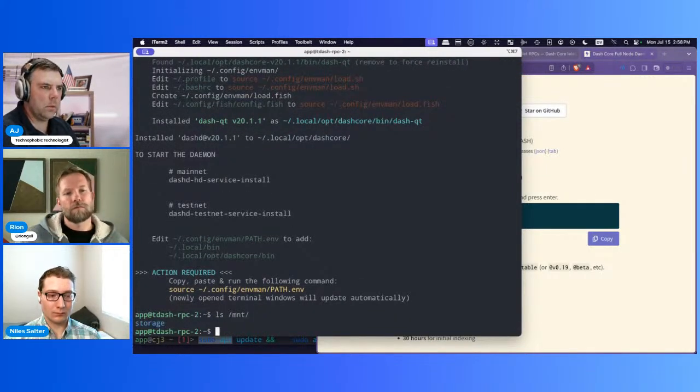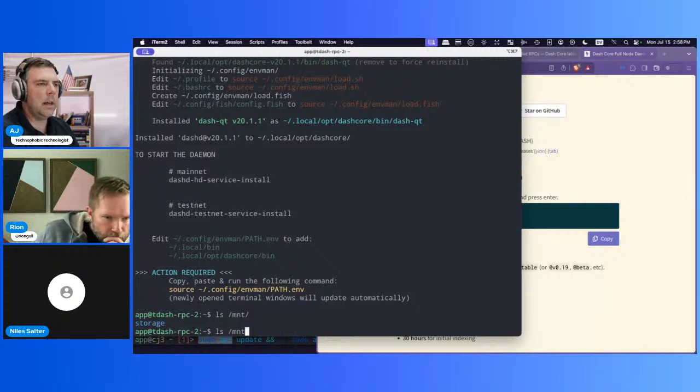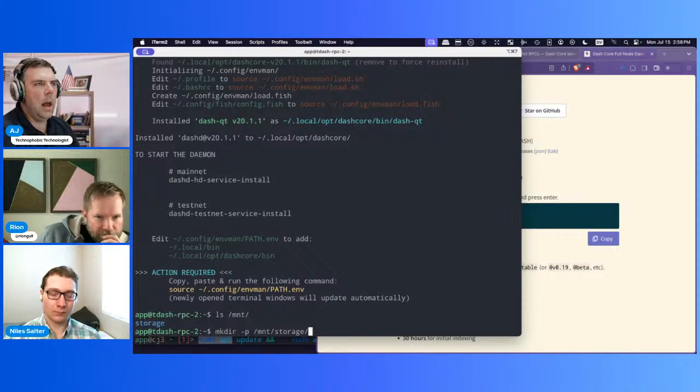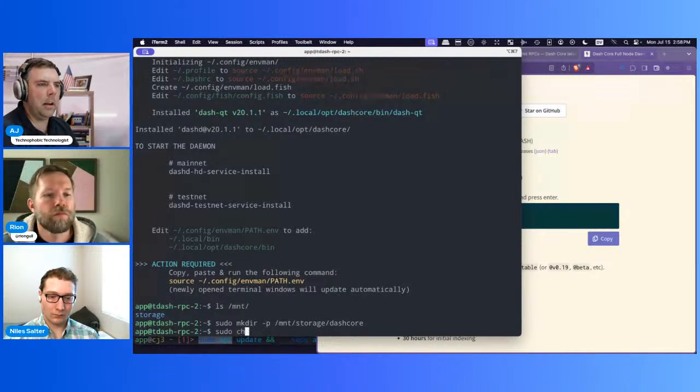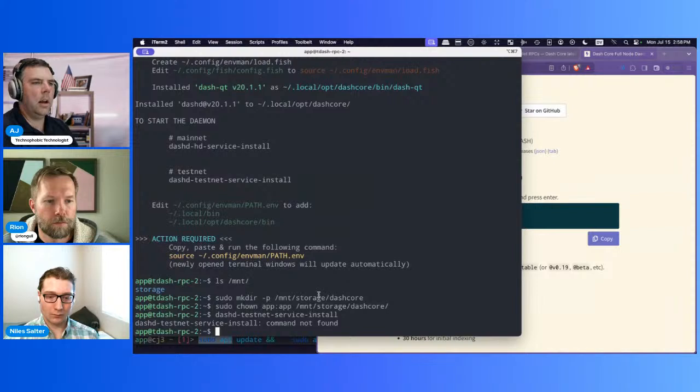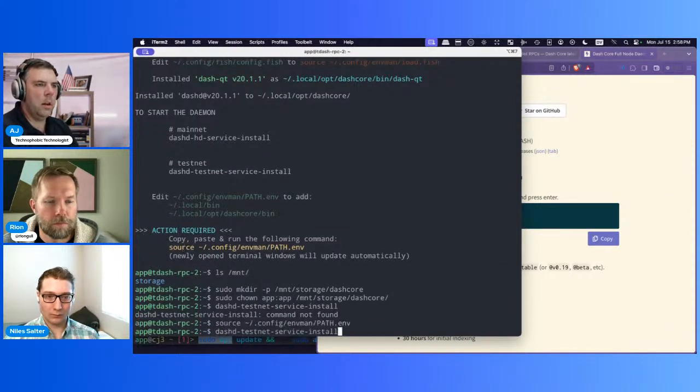Do we have mount? We have mount storage. Okay, so I just need to make a directory under storage that is called, I think, just core, if I remember correctly. And then I need to give myself permissions to that. That's a process that has to be done manually. Okay, and with that, this will print out an error if that wasn't done. Okay, and with that,